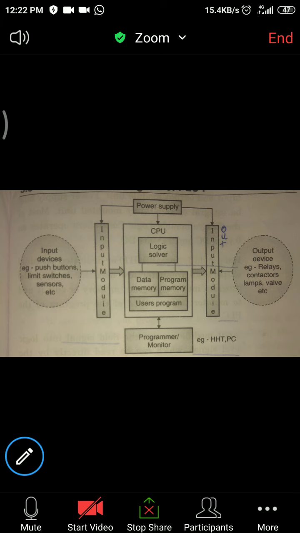If a valve is closed, you can open it. So in this way, input is given from input devices. The logic solver takes the program from program memory, then resources are taken from data memory. The logic solver solves the logic based on the data as well as the status of input. A response is generated and given to the output module, and then the output module generates the output and gives it to the output devices.